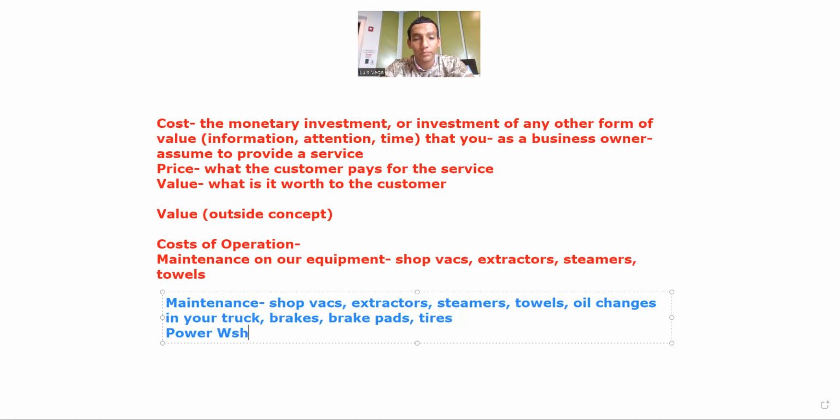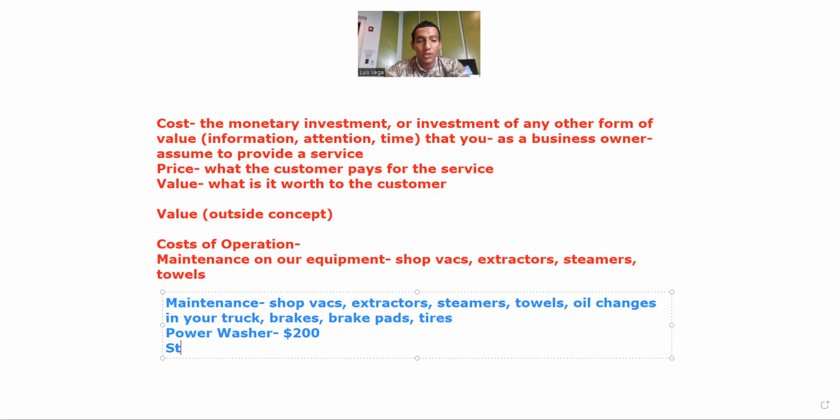Power washer. We're just gonna be conservative. We're gonna say $200, because I know a lot of people use those electric power washers from like Ryobi, I think, which are great, or the Greenworks ones. I had one when I first started out and I loved it. But the way I had my equipment set up, I actually just demolished it. The tank kept hitting up against it because I just had it in the back of the pickup. The power washer would go in between the tank and the truck, and every time I would brake or speed up too fast, it eventually broke. But you look at $200 for that.